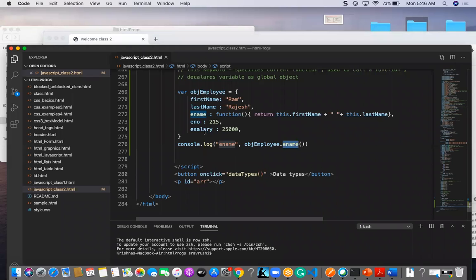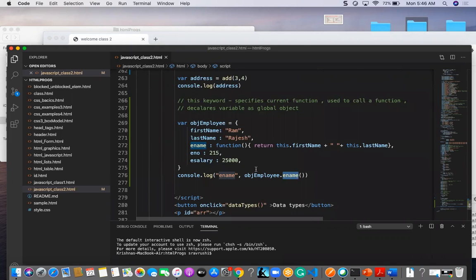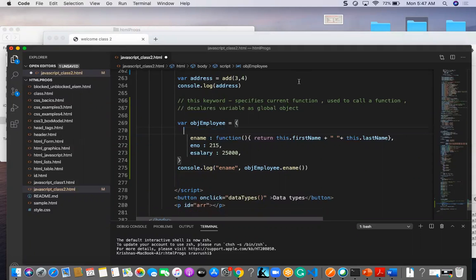That's a keyword. This is this keyword, how we can call a particular name value of the current object. So let us think these keywords are not here. Let us put these keywords outside.